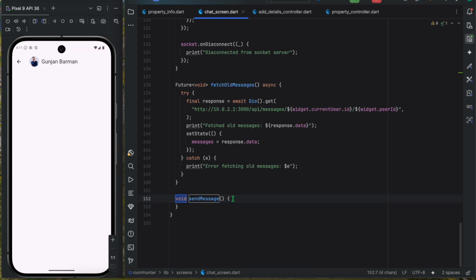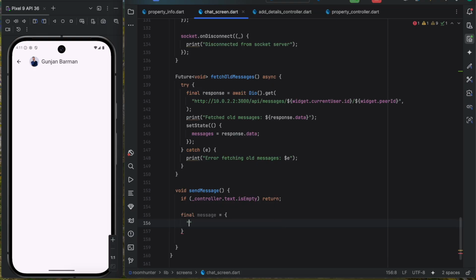So here, send message. First of all, we need to check if the controller is empty or not. If it is empty, we simply return it. If it is not, then we need to send a message where there will be sender ID,